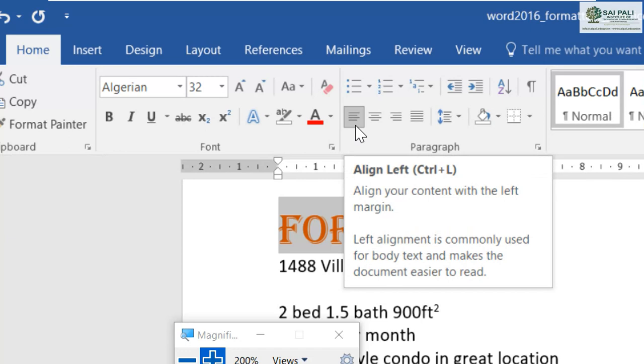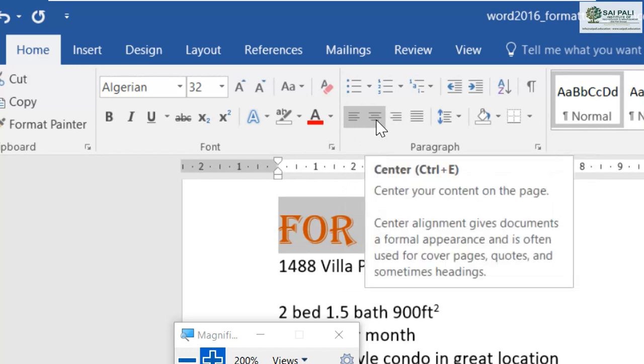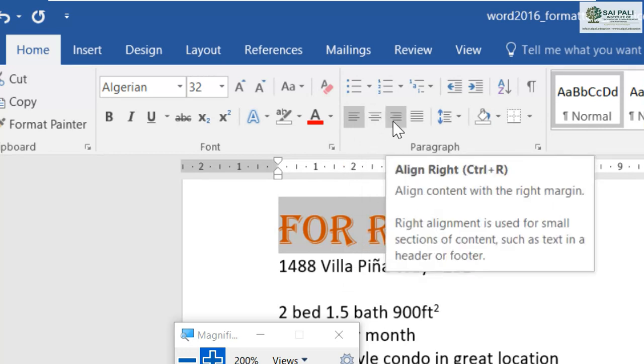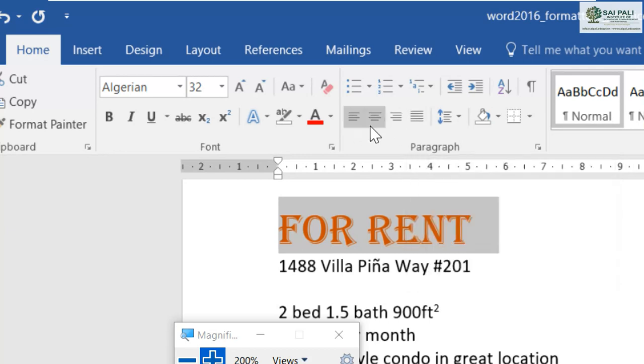And what is it saying here? Align to left. Now I want to change it. Suppose I want to change it to this. What options do I have? I have the option to make it center. I have the option to make it right, or this option. It says justify, but I will show you what it does. But first, let's say I go for center.